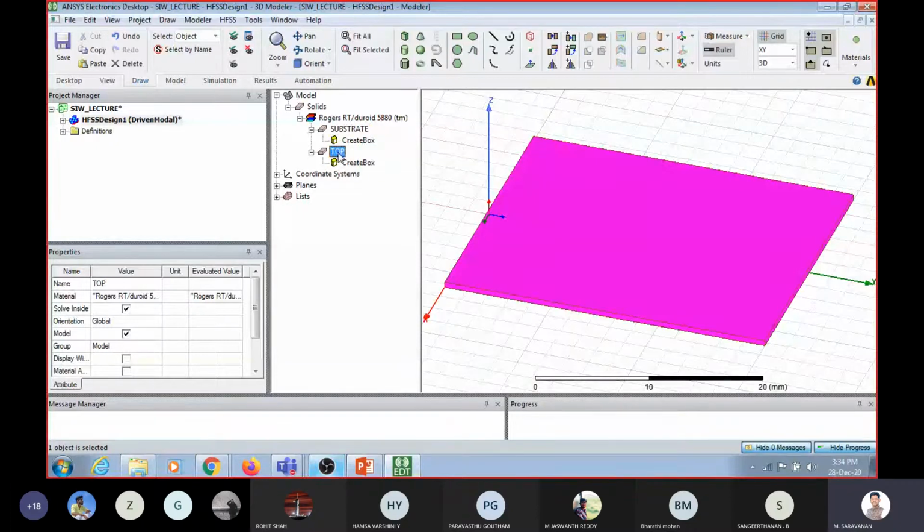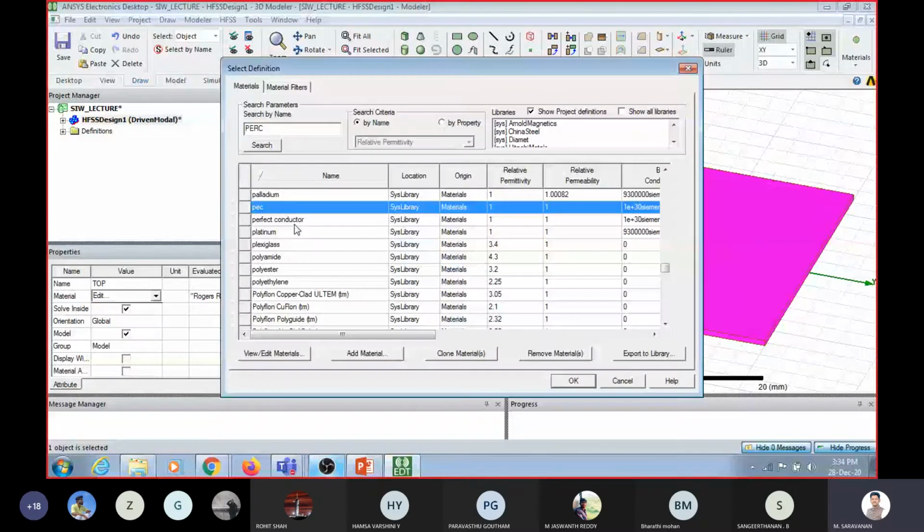The material is a conducting material, which is a perfect conductor.